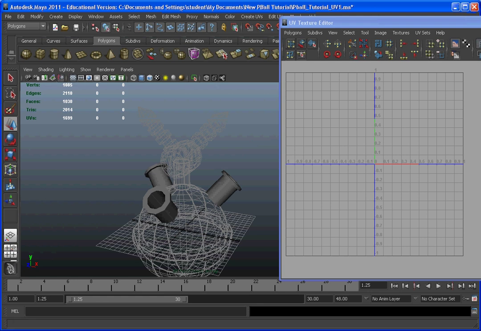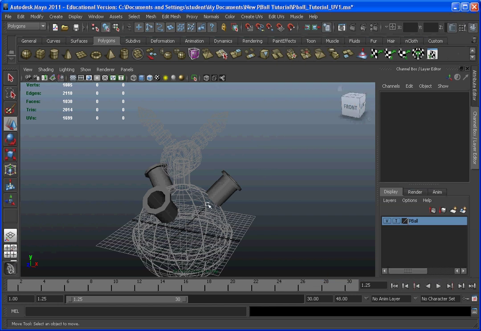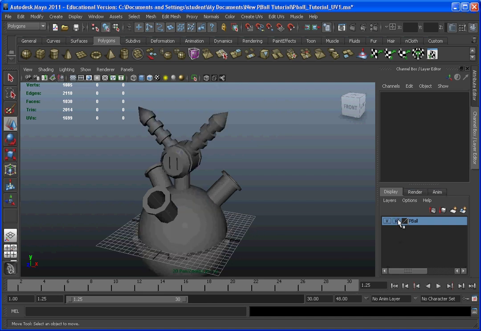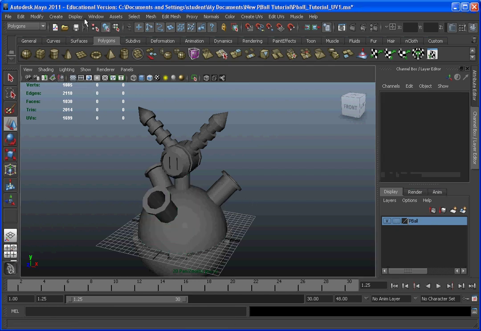Before we get into that, however, I'm going to minimize my UV texture editor, because we need to get the pipes back into our phantasm ball layer, and we need to pull the head out. So this will be real quick to do. We're going to just turn the phantasm ball layer back to normal operation. That way we can select everything. We're then going to go to our outliner,